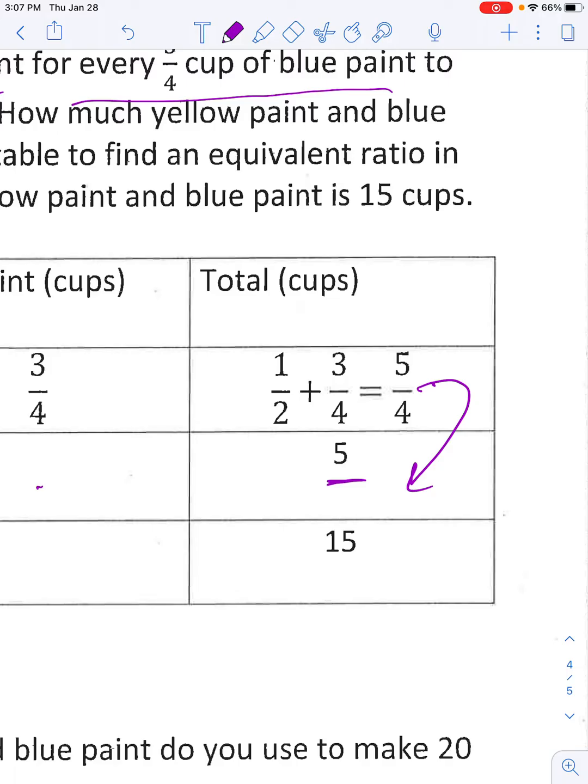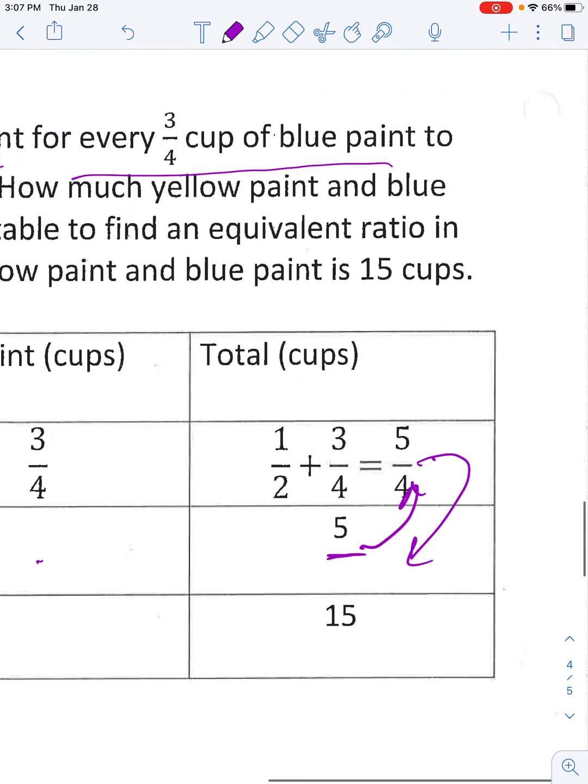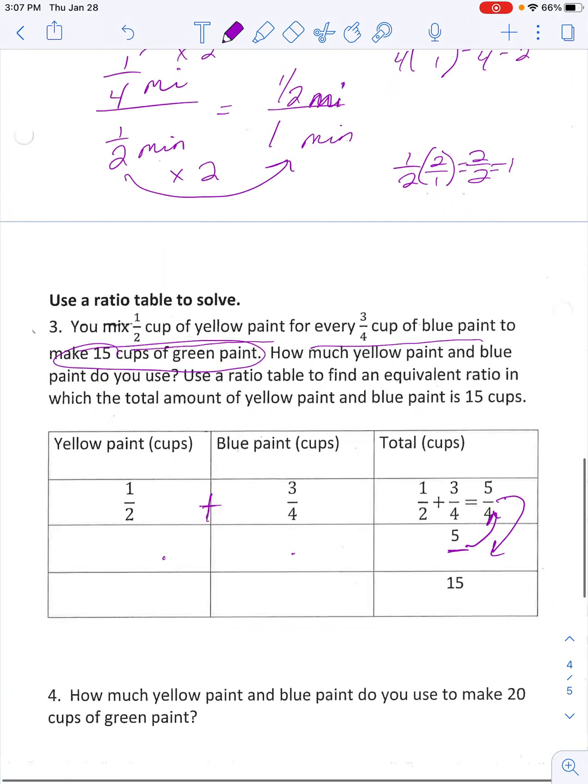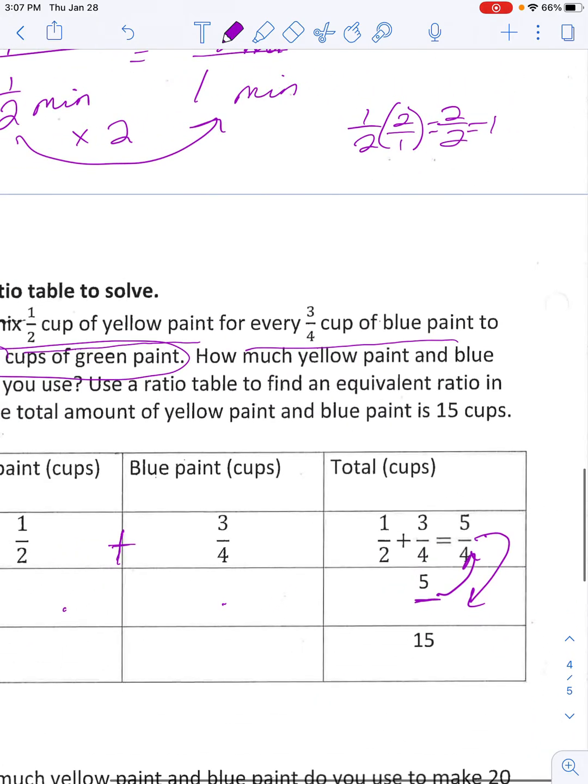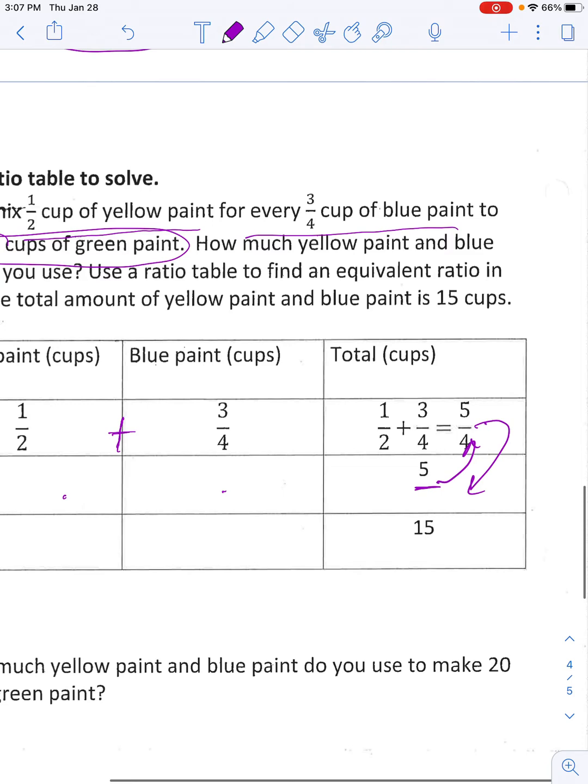We don't really know that, so do the inverse to get from 5 to 5/4. So let's divide. 5 divided by 5/4. Okay, we're going to go the opposite way. We don't divide fractions, so we're going to do 5/1 times 4/5,